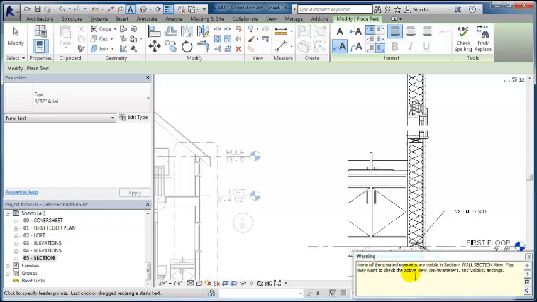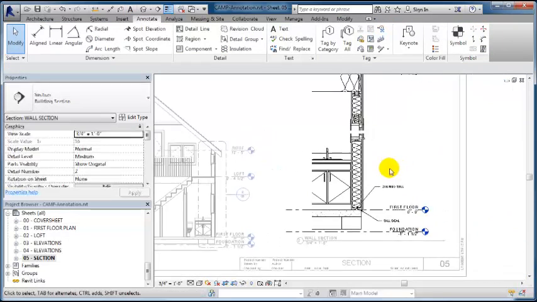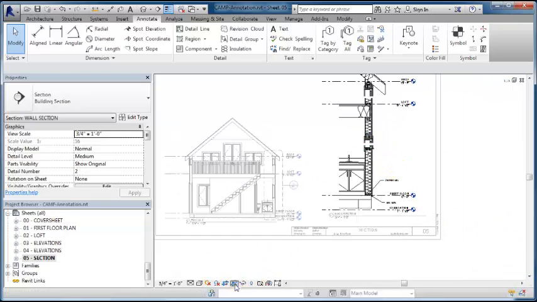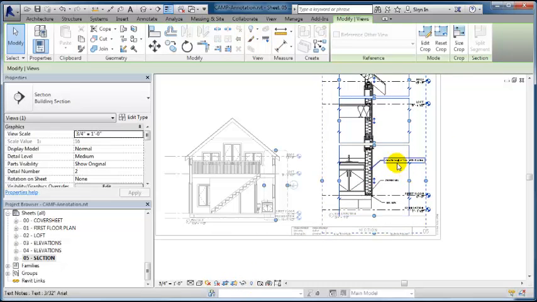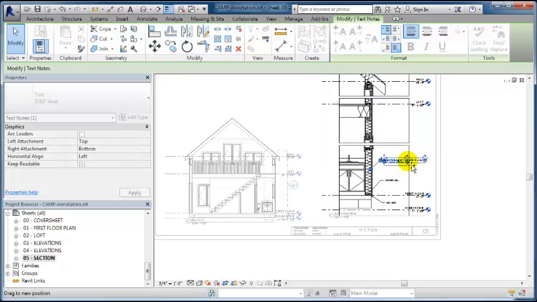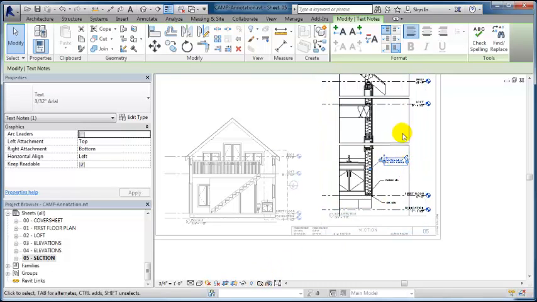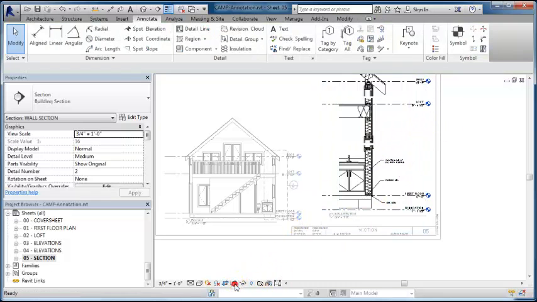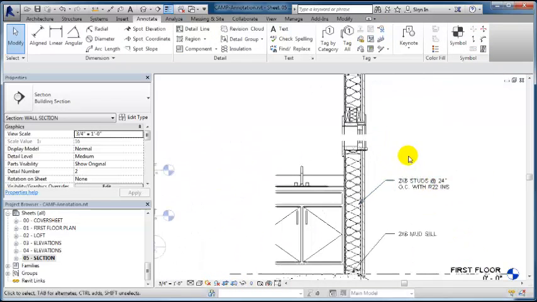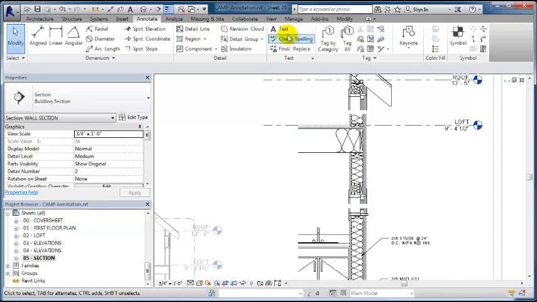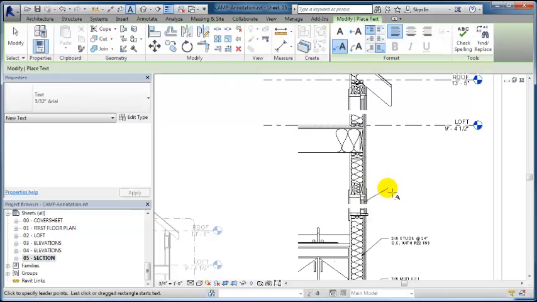Now the reason this has happened is that I've typed in something that's wider than the annotation area. So I'm going to close that and I'll show you what happened. If we turn on the crop region, I've got that annotation is just going out a little bit too far. So I'm going to make it a little bit smaller and increase my annotation window and then turn off the crop region so that now that appears. This is window and frame beyond. This is our